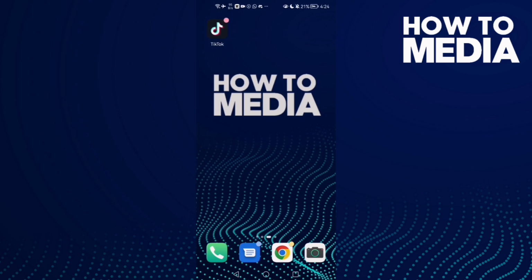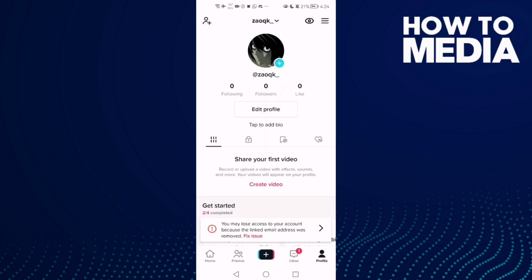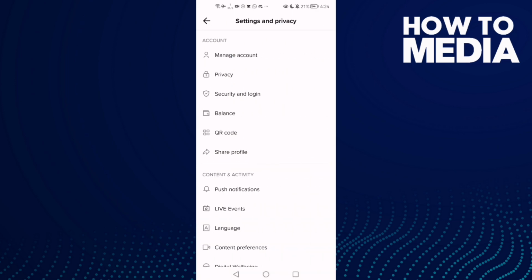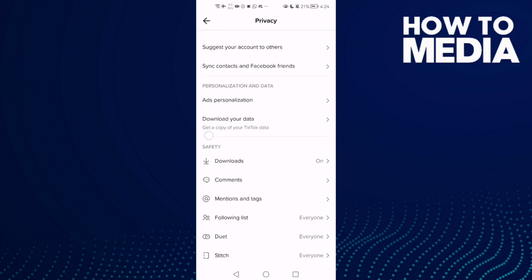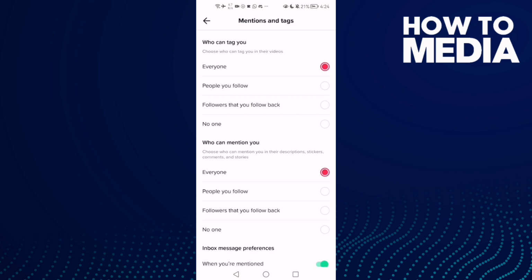First, open TikTok and now click profile and click the three lines in the top corner and then click settings and privacy. And now click privacy and scroll down until you find mentions and tags, and here you will